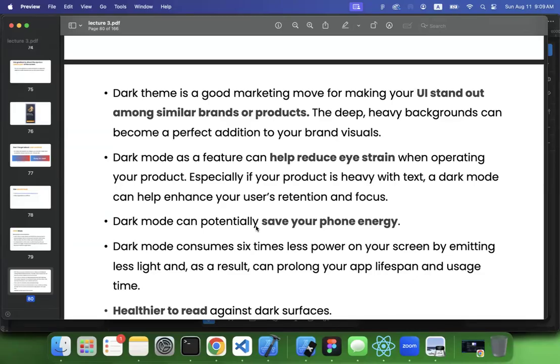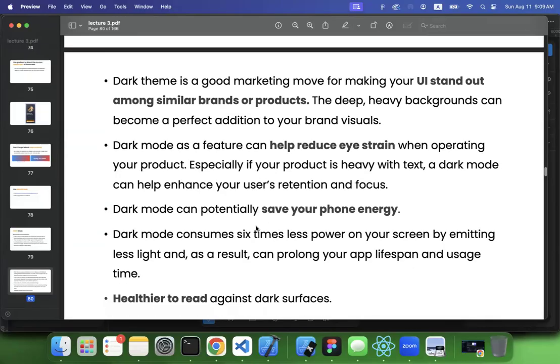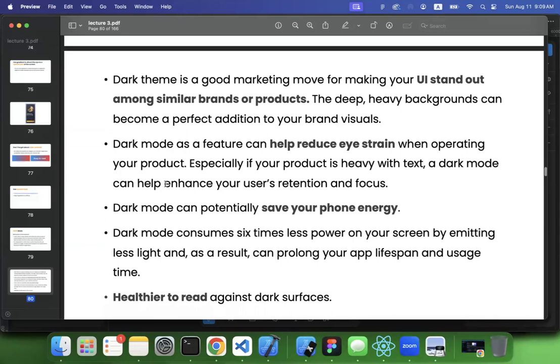Because if you look at a light screen at night for longer hours, it will give you eye strain and affect your sleeping habits as well. So having a dark color or dark mode on your device will help reduce eye strain as well. And if you read content, let's say an ebook, if you have Amazon Kindle or the Kindle app